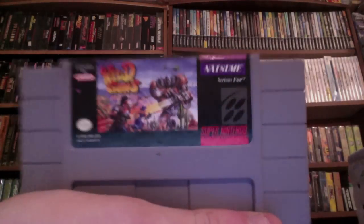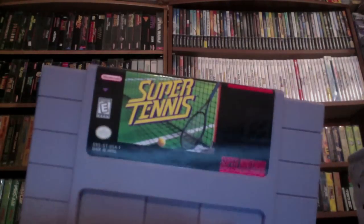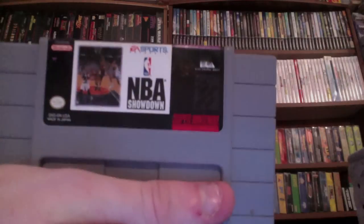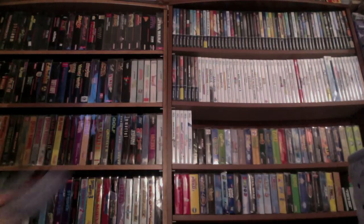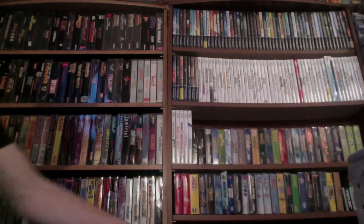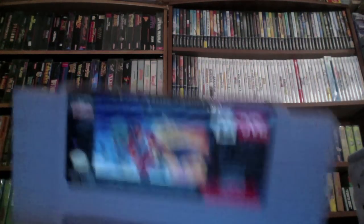Wild Guns, my second rarest Super Nintendo game, Super Tennis, NBA Showdown, Super Star Wars, Return of the Jedi, RoboCop vs. Terminator, Super Star Wars, The Empire Strikes Back,